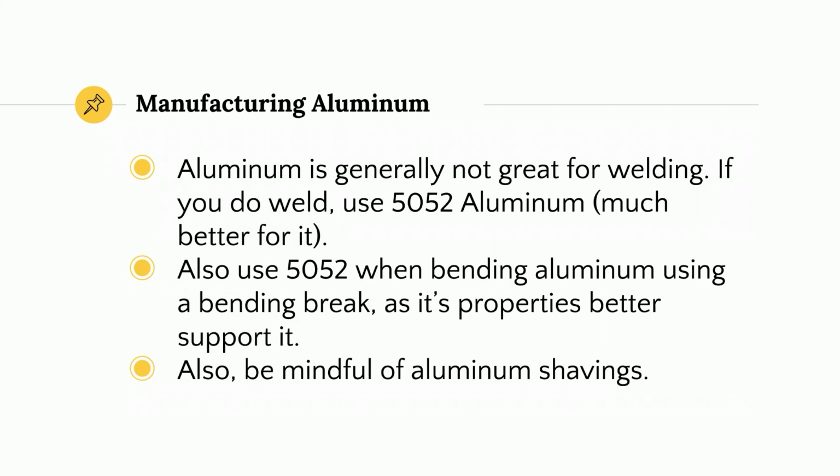Also, aluminum is generally not great for welding. If you do weld, use 5052 aluminum, because 5052 is actually weldable and it's much better for it than 6061. If you're ever welding aluminum, you should always be using 5052. Also use 5052 when bending aluminum,